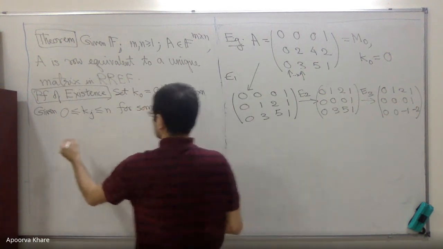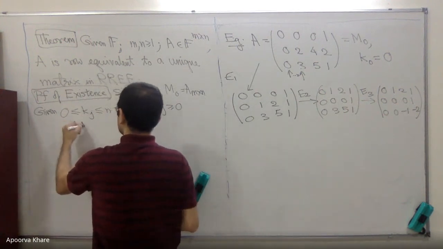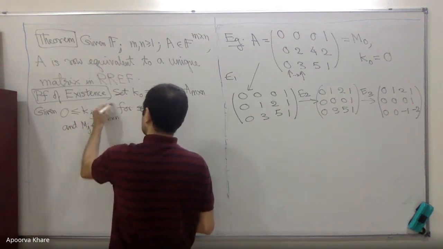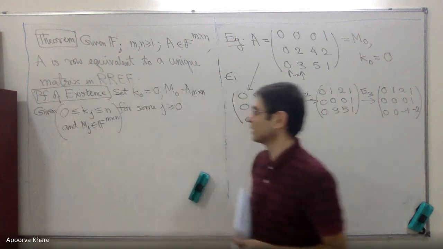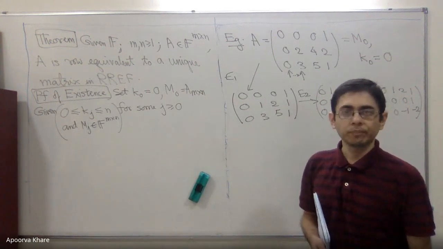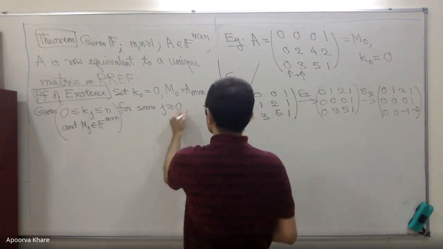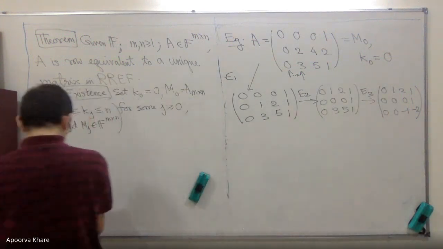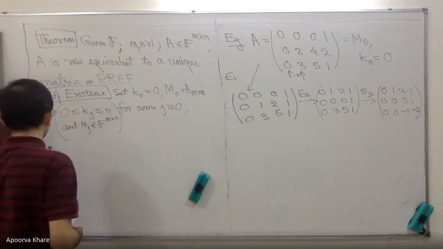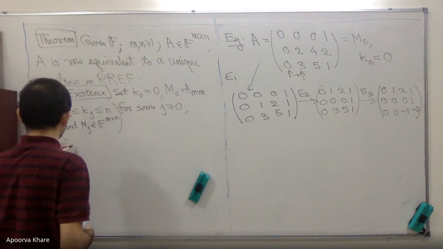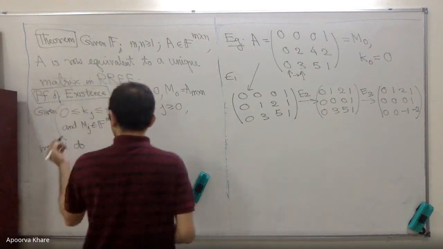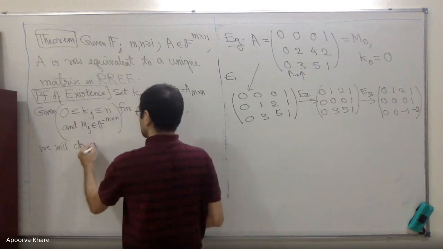And MJ, so given this and MJ belongs to F to the M cross N. This is the data we are given, right? An integer Kj and a matrix Mj. So given this thing, do the following 3 operations. Okay, so we will do a sequence of row operations. We will perform a sequence of row operations